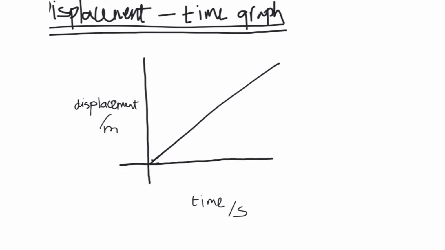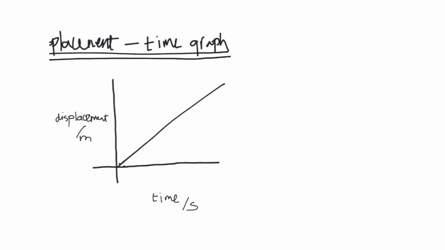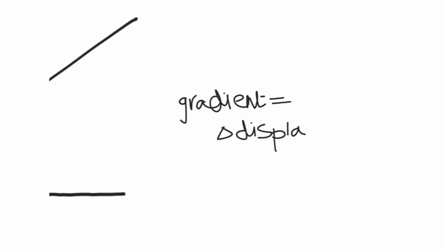Now, this is a line with a constant gradient, and if you look closely, the gradient of this line would be equal to change in displacement over time. Now, as it is change in y over change in x, and same thing, change in displacement over change in time,